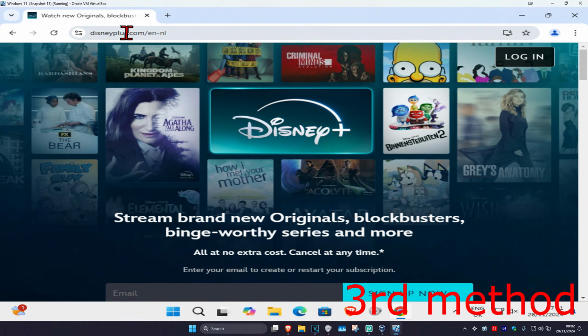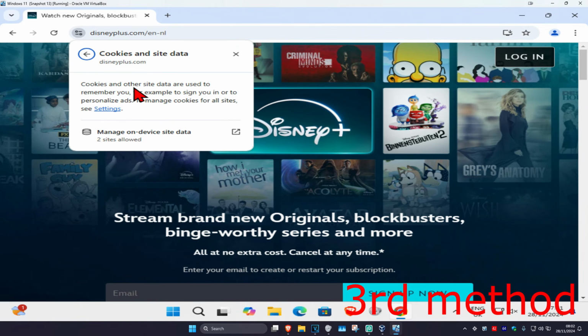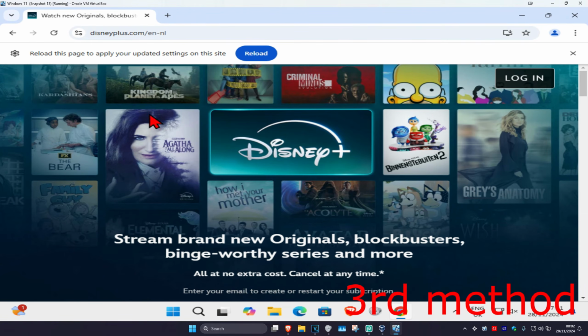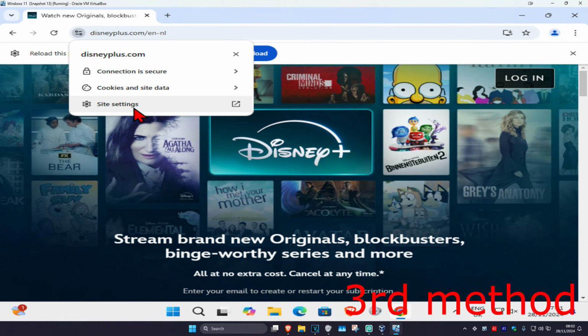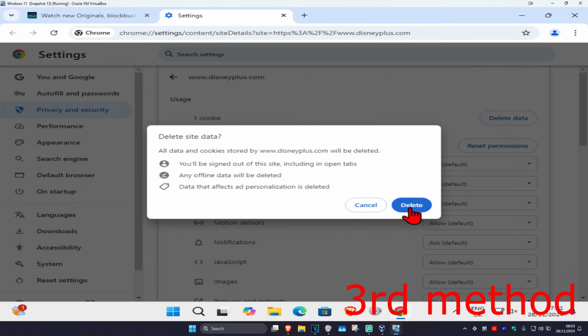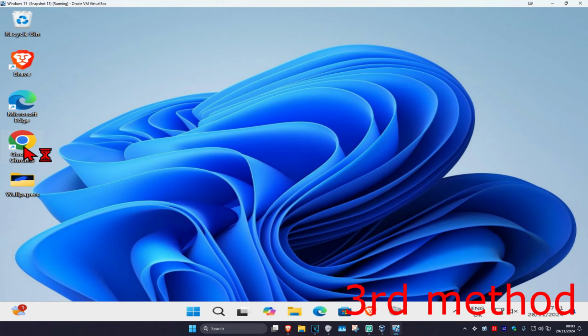Now in the top right here on the search bar, you want to click on this right next to it. Select cookies and site data, manage on-device site data, delete everything that comes up here. And then click on done, and then click on this again, site settings, delete data, and then click on delete again. Now you just want to close out your web browser, open it back up again, see if that works